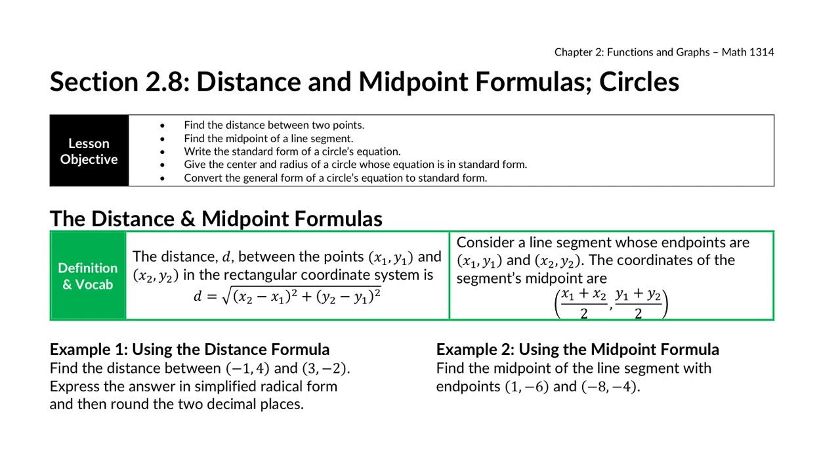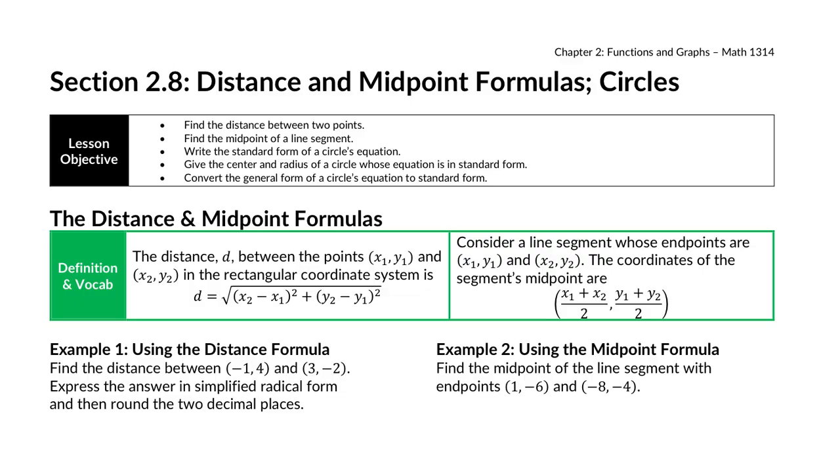The last section here in chapter 2 kind of doesn't feel like it matches with the rest of chapter 2, unless you realize what we're going to be doing with eventually circles is finding the domain and range of these relations, because circles can be graphed on a coordinate grid. They won't pass the vertical or horizontal line test, but we will be able to graph them as if they're a relation. But before we get to circles, we need to go over a few geometry formulas that you may